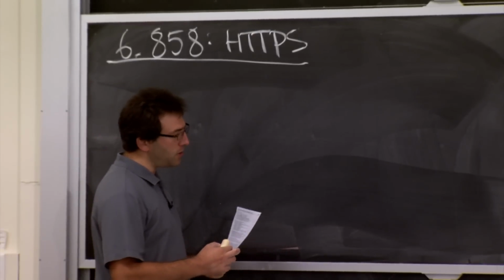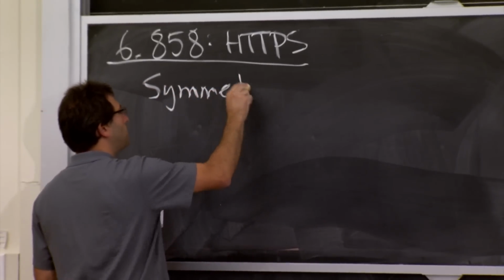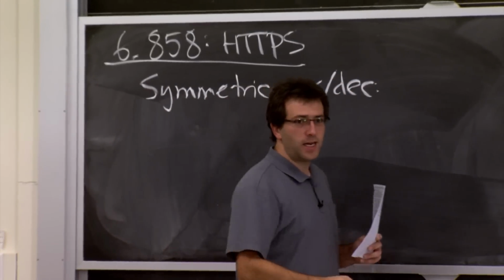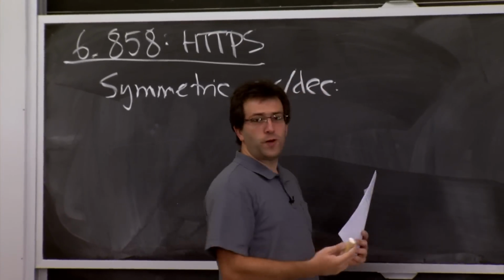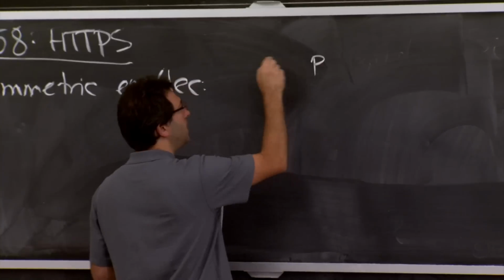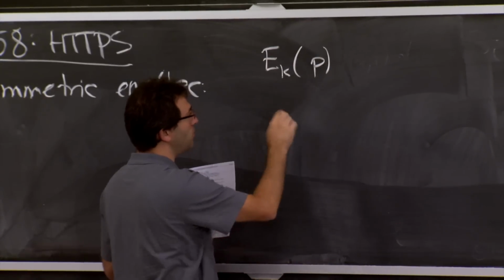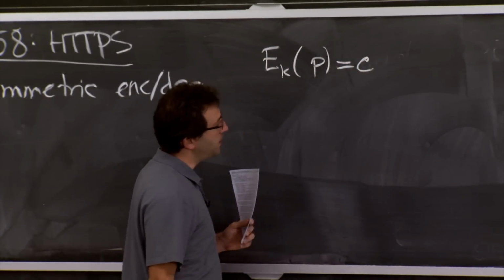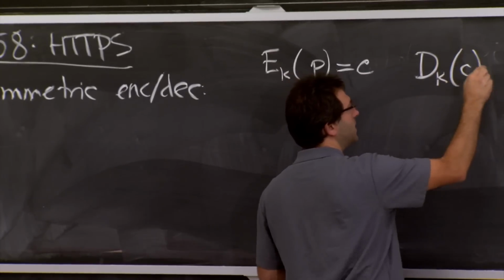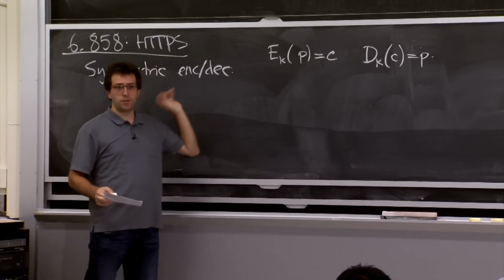So in last lecture on Kerberos, we basically used something called symmetric crypto, or encryption and decryption. And the plan there is that you have a secret key K, and you have two functions. You can take some piece of data, let's call it P for plain text, and you can apply an encryption function, which is a function of some key K. If you encrypt this plain text, you get a ciphertext, C. Similarly, there's a decryption function called D that, given the same key K and that ciphertext, will give you back your plain text. So this is the primitive that Kerberos was all built around.